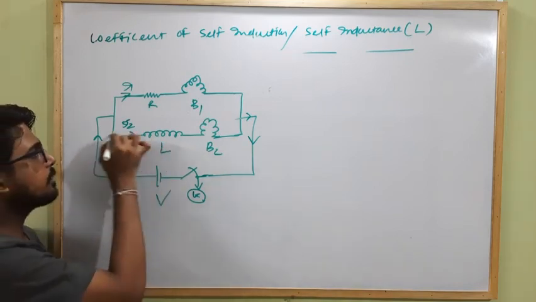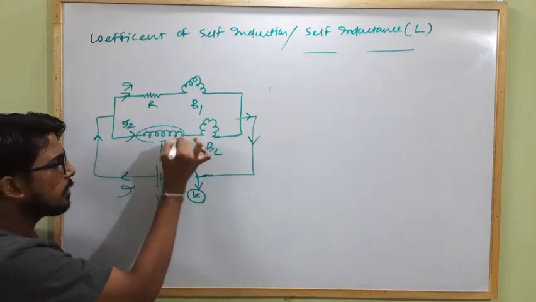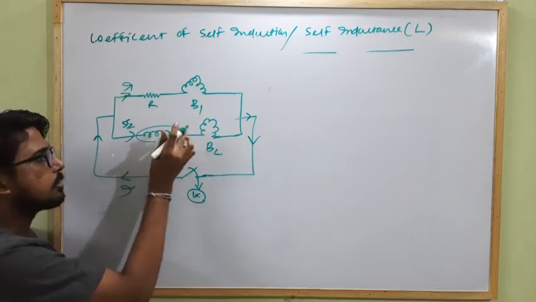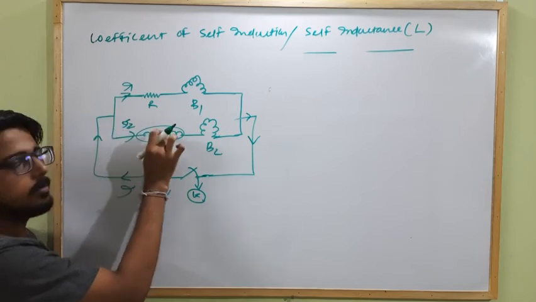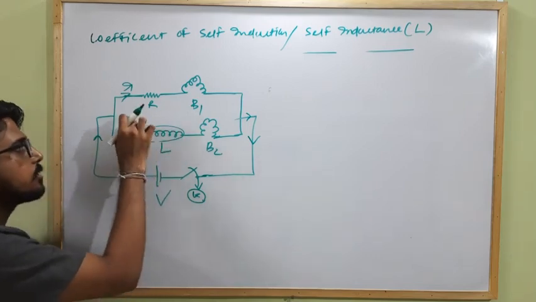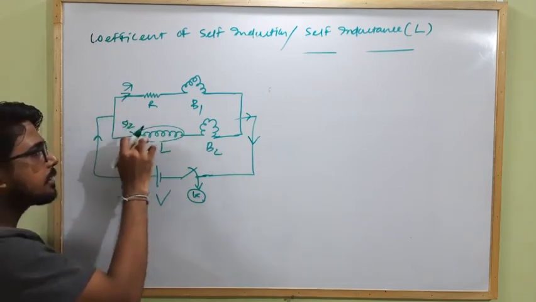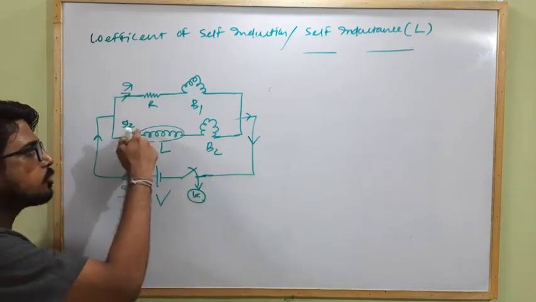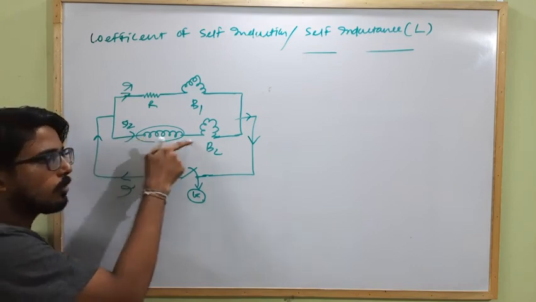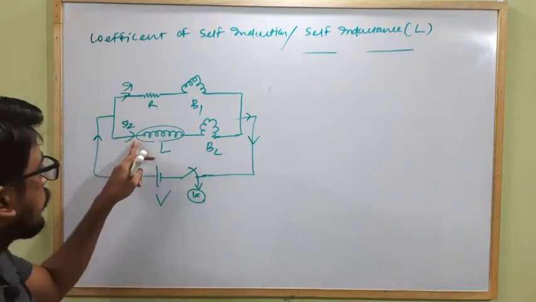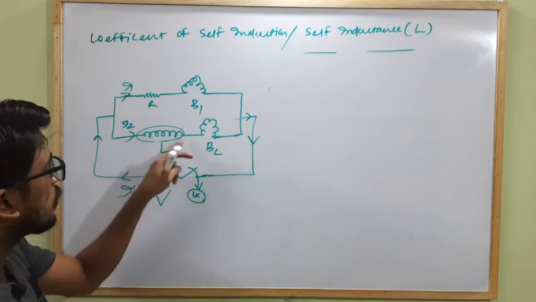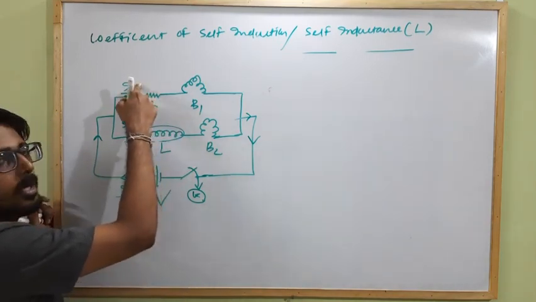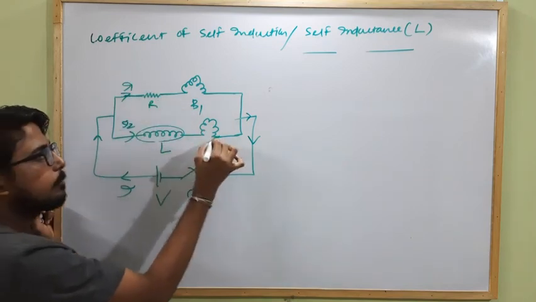But when the current I2 starts to flow through this inductor, due to the effect of self-induction, this inductor tries to oppose the change in current flowing through it. That's why the current can't flow through this inductor easily, and it has to do some work to flow through it. So the flow of current I2 through this inductor becomes slow in comparison to the flow of current I1 through the resistor. So the bulb B2 glows